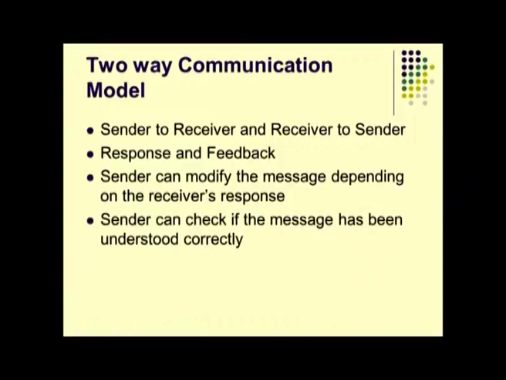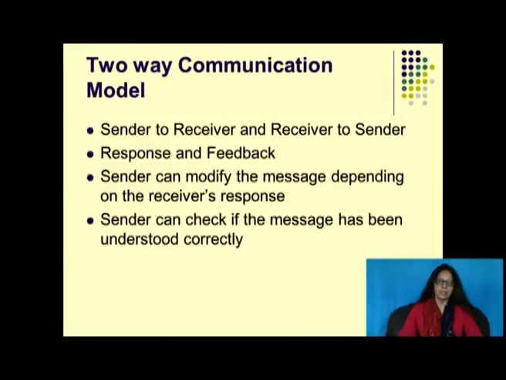So the two-way communication model has a sender to receiver and receiver to sender, which includes not just response, because we can't avoid a response, like the person who didn't smile at you, but feedback is something you give consciously. The sender can modify the message depending on the receiver's response. So the person did not return your smile, your smile froze on your lips, and you also stopped smiling,